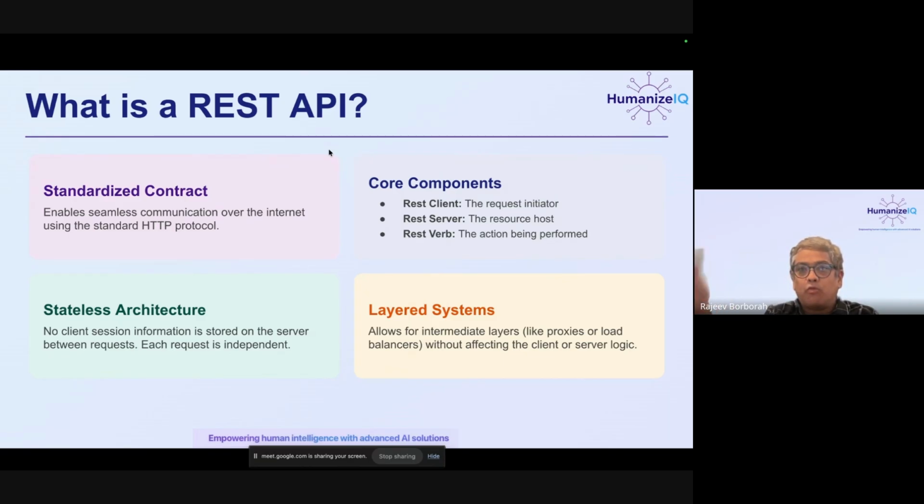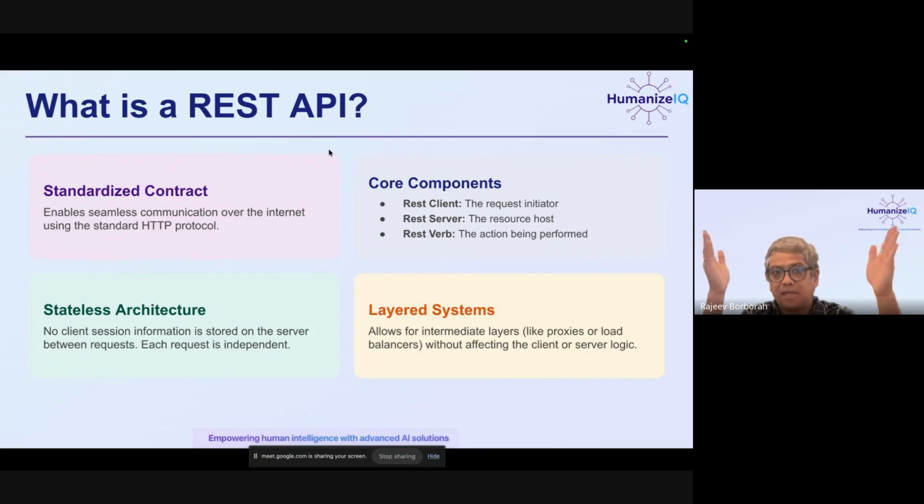Now, what is a protocol? It's a language. We are talking in English. That's a protocol. English grammar is a protocol. When we talk in French, French grammar is a protocol. Same way computers have a language of communication. That's a protocol. TCP is the standard protocol which is underlying most communication between applications. There are different forms of TCP protocol. For example, HTTP is a TCP protocol. You could do binary transmission over TCP. You could do web sockets over TCP. You could do a lot of stuff over TCP. Those are all TCP protocols.